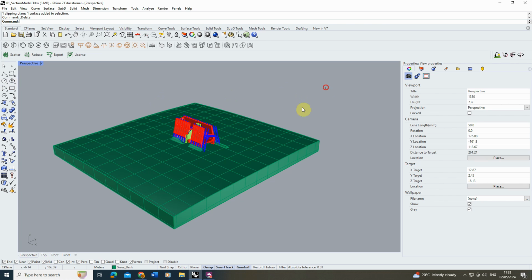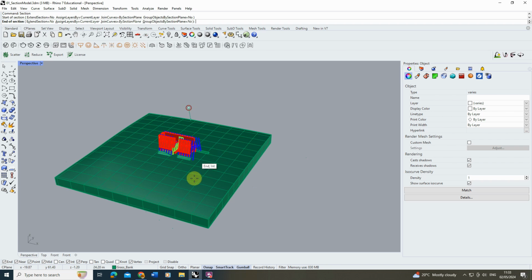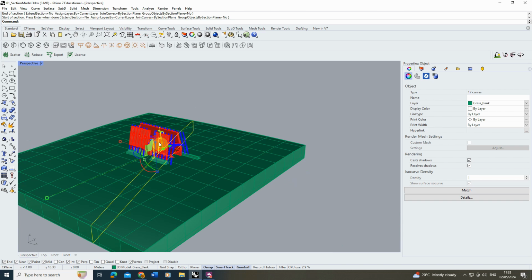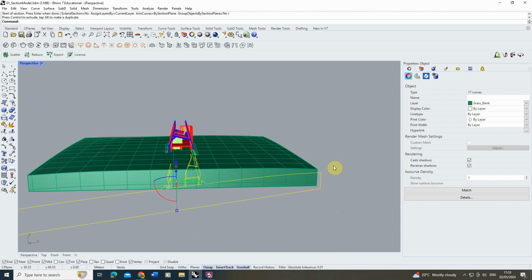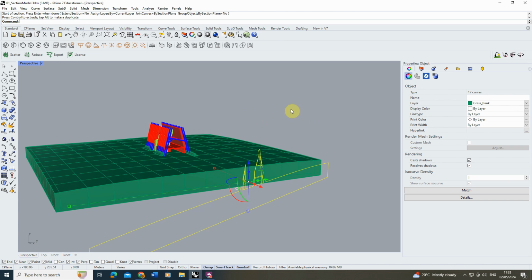The most basic way is actually just by selecting the model and typing in section into your command line. This section command allows you to draw a line through a model like so, and it creates a sectional drawing from that line. Now what you'll find is this is very much just a cross section of the model. It only draws out the thing that's being cut, but we can't see anything behind that cut line and we can't see anything in the elevation of our model. Because of this, I don't often use this technique unless I'm trying to create lots of quick cross sections through